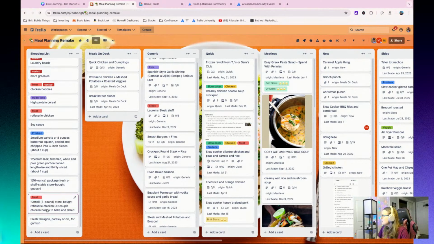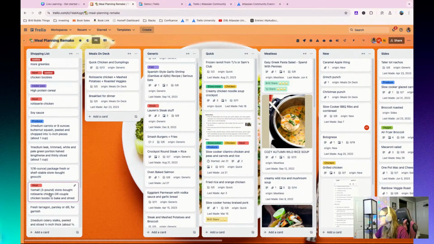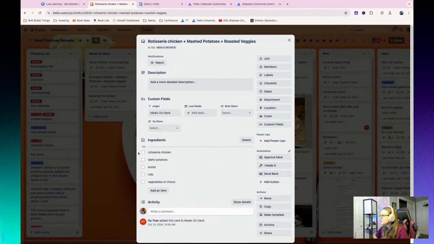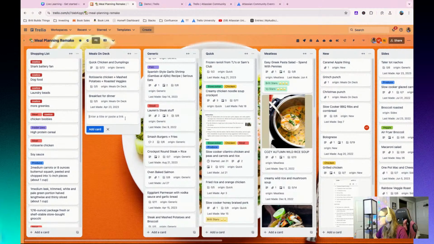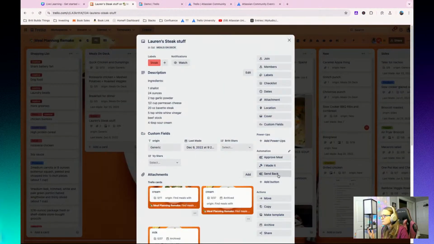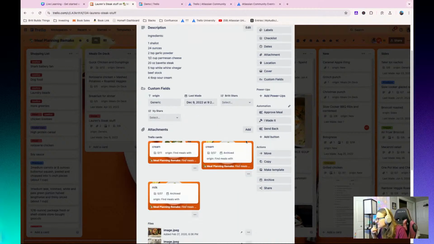I even have automation that will add specific labels like produce and meat and different things on there, so I can organize by what I need to get at the grocery store and sort out those different pieces, and it makes it super easy. And then when I have actually made something, I can click, let me actually move one over here. When I've actually made something, this is live production data, so I don't want to mess with our actual week's meals here.